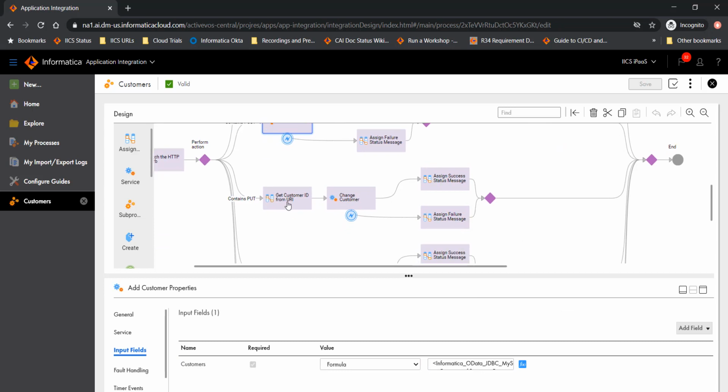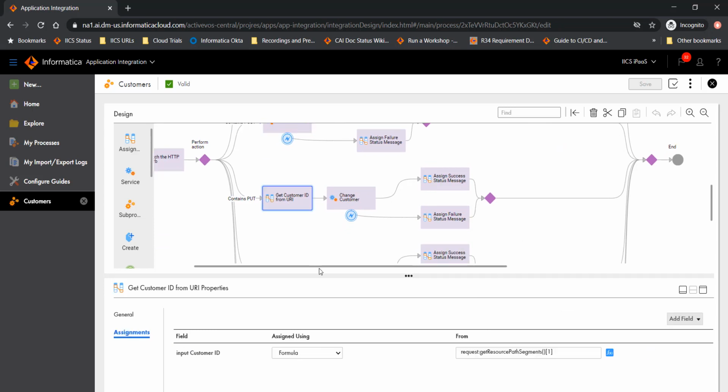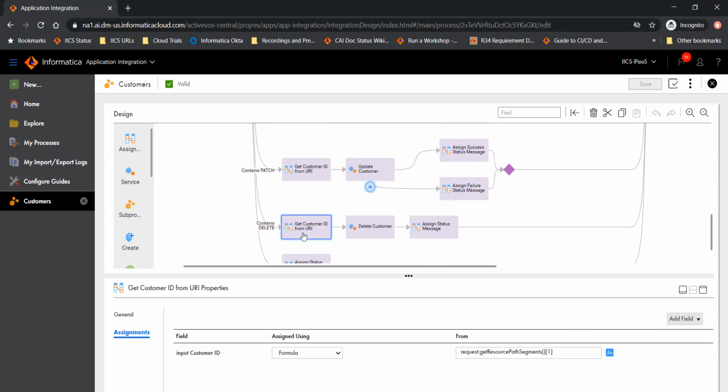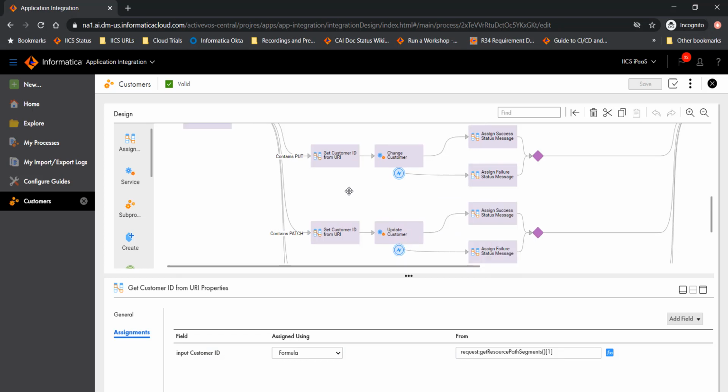You can do a similar activity through a put, but the focus here is not to create a new customer, but to update, or rather change, the customer information for an existing customer. Then you also have a patch operation, which utilizes the same functionality, but here the focus is to update a customer's information. And then you have a delete operation, which works on the customer ID provided to delete that specific customer. All these actions on the database are performed by our JDBC OData connector, which is exposed as a service connector and is able to perform all these operations.